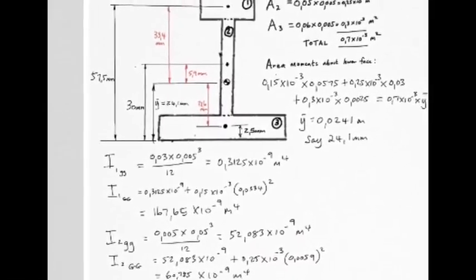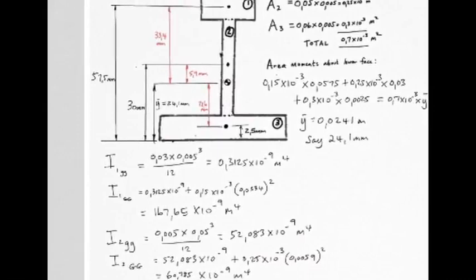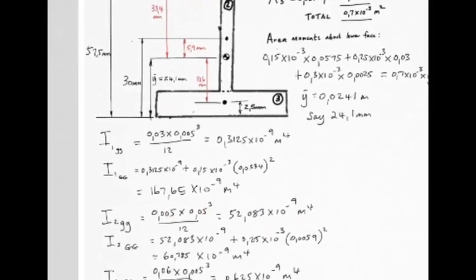Number 2, this would be a good time to pause and try it yourself before continuing, but anyway, I'll continue. I2 about its own centroid is 0.005 times 0.05 cubed. Remember, BD cubed over 12. And it comes to 52 and a bit times 10 to the minus 9 meters to the fourth. Now comes the parallel axis bit. I2 GG, capital GG. Remember, that's denoting about this